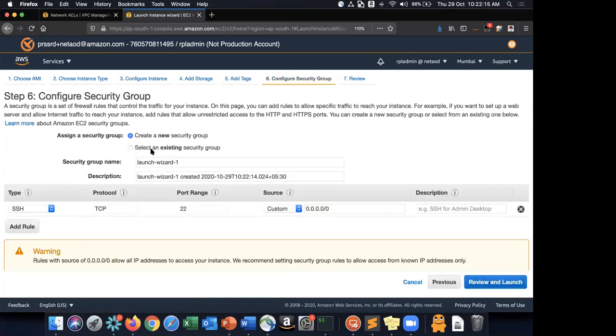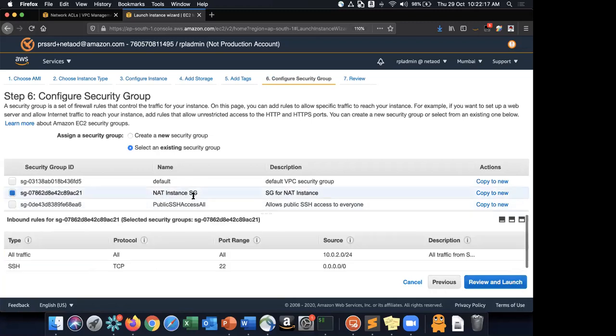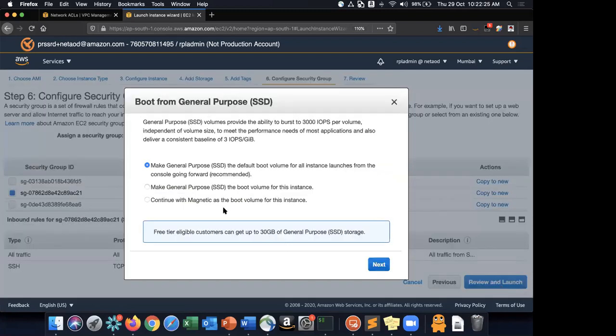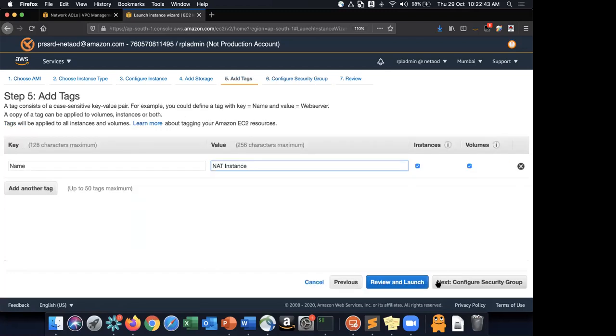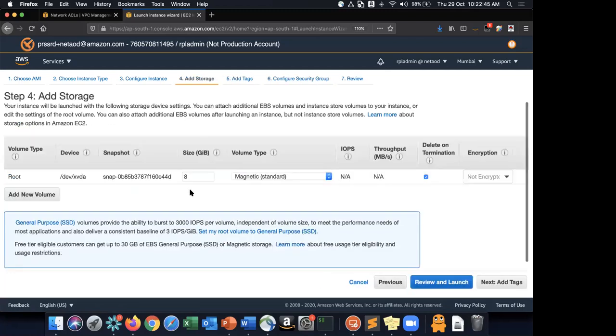Next, the security group. Use that same security group which we had created, which allows all traffic coming from 10.0.2.0/24, and it will allow SSH. Here you're getting an additional prompt: make general purpose SSD the default boot volume for all instances from the console going forward. Why did it ask this? If you go to the previous step,